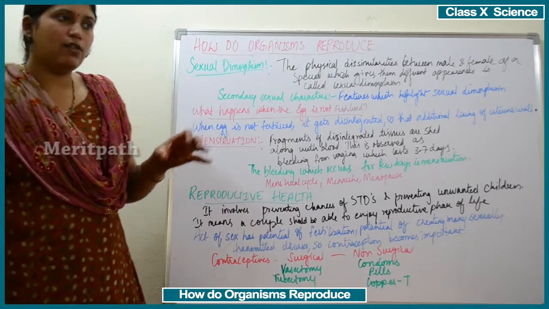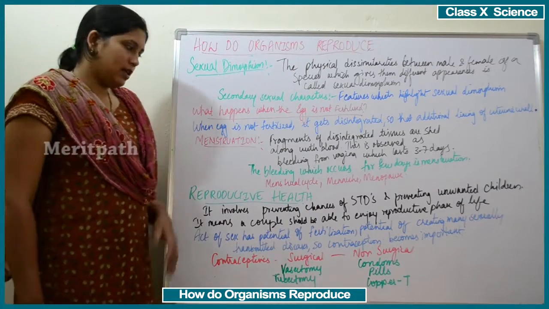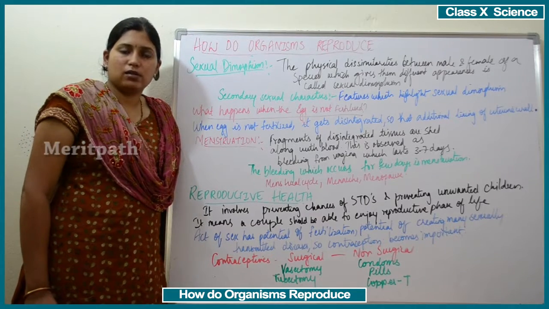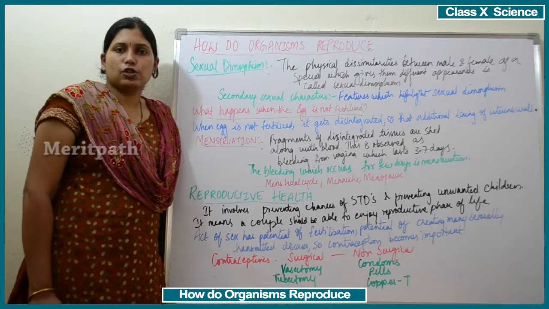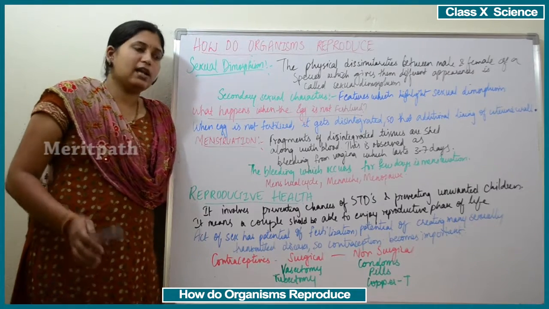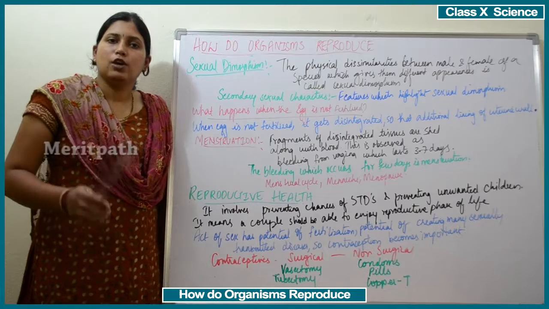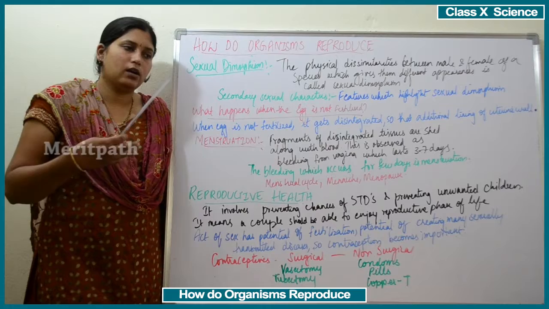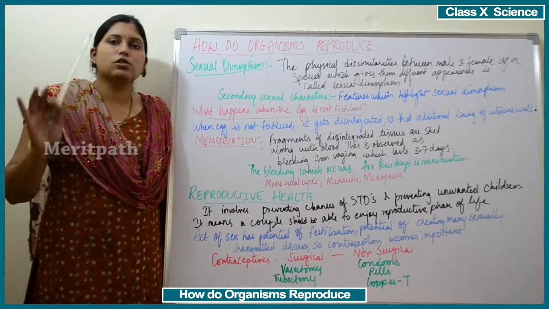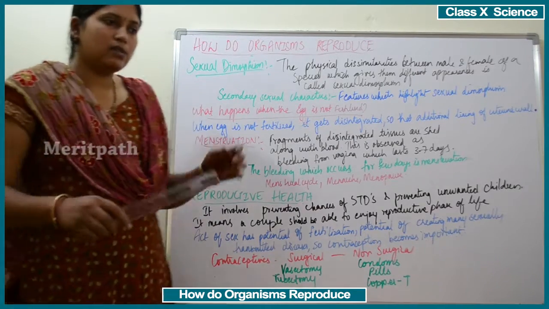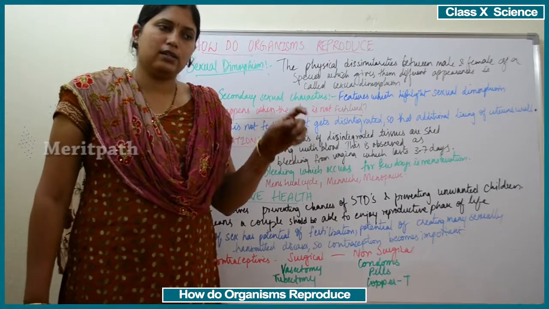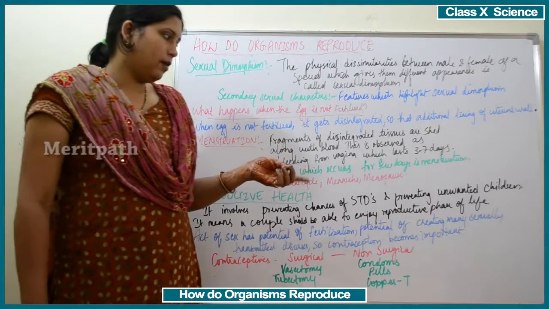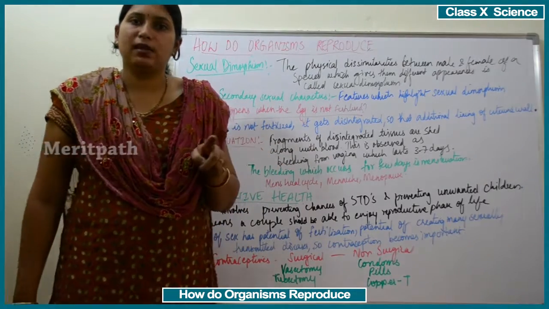Here arises the word called contraception. Contraception is nothing but preventing the bodies from getting sexually transmitted diseases, as well as preventing unwanted pregnancies. You cannot always bear the child. It is not that your body is ready so that you have to bear the child. Your mind also needs to be ready. So here arises the topic of contraception. Contraception means it is done to prevent unwanted pregnancies, and also to prevent sexually transmitted diseases.